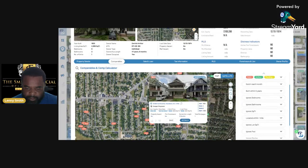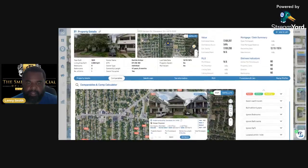Perfect. That is perfect, guys. We're gonna do 2,500 square feet on the lot. Guys, that is perfect. This is a perfect comp. So 59,000, and it's literally. Hold on, wait. Can we keep this in the same